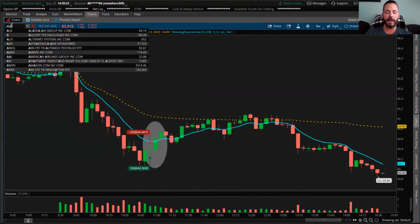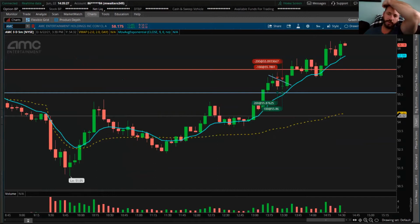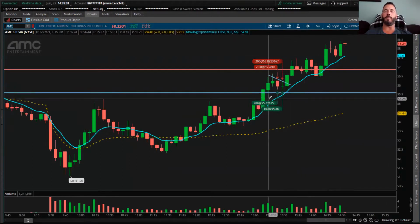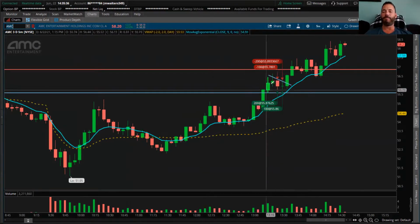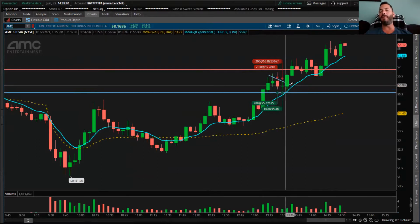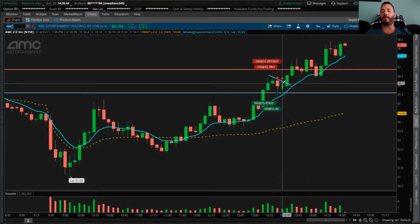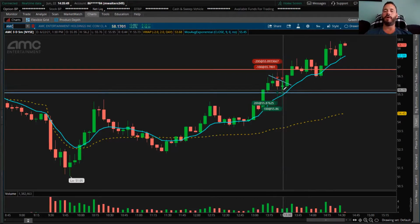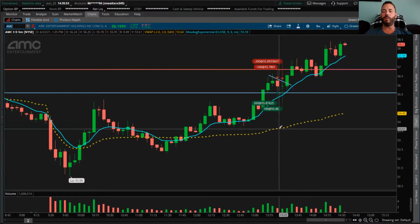And then we'll pull up AMC. This is the one that we just traded. Once again, left a ton of money on the table. Now, I was taking 100 share trades at a time. I got in, I got stopped out twice. And then on the third trade was this break here of the 5-minute. Well, this was actually the 1-minute chart. On the way up here, I took, I think it was,